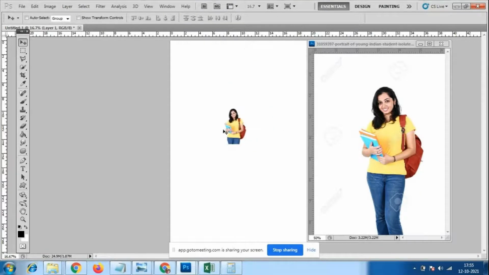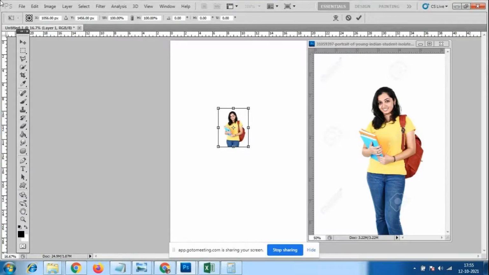Afterwards, we have to take one point. There are many points here. For one corner, you have to press Shift and increase the size.